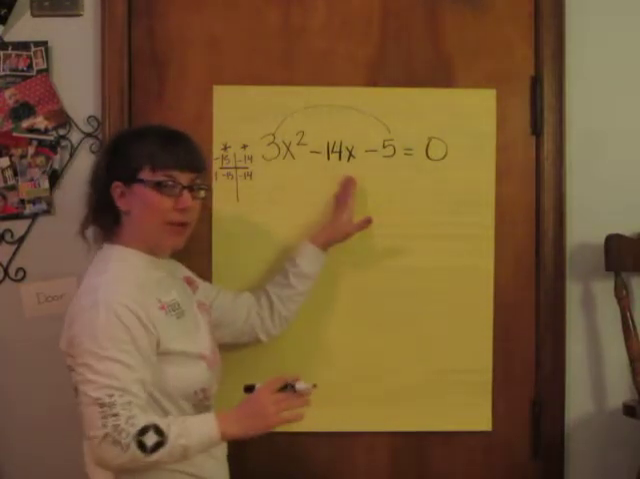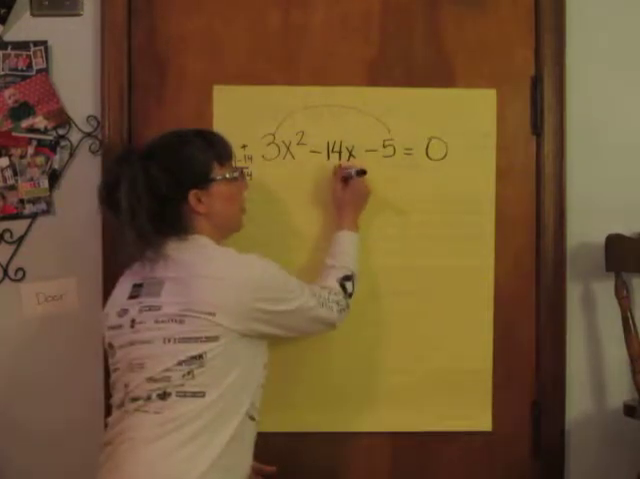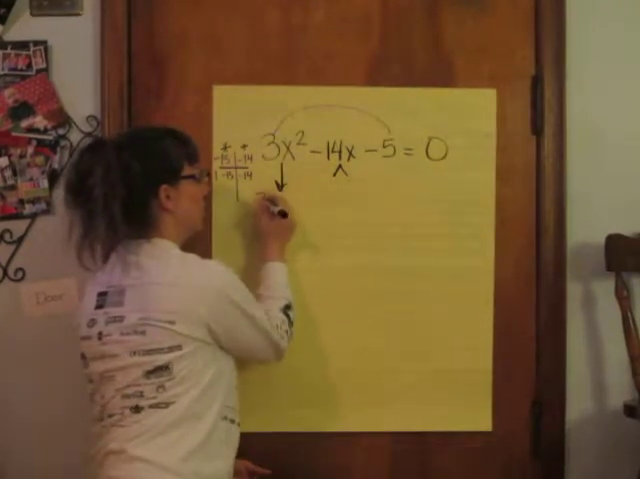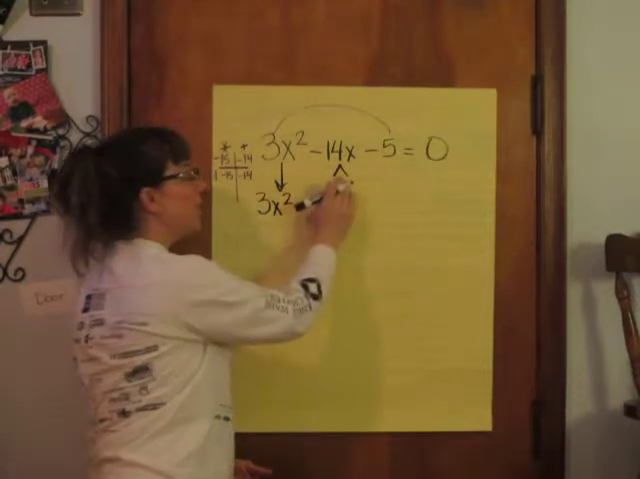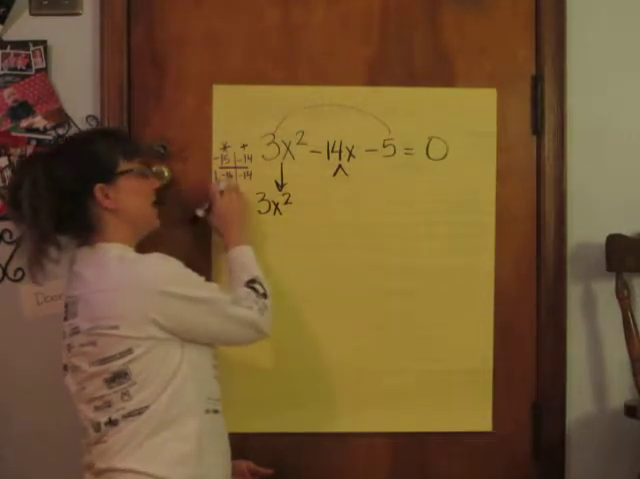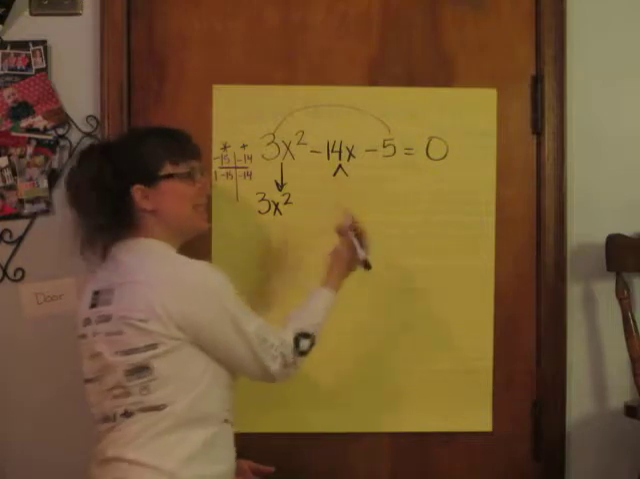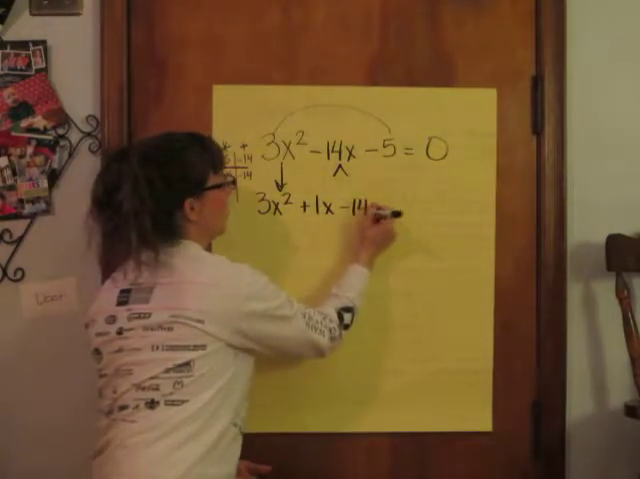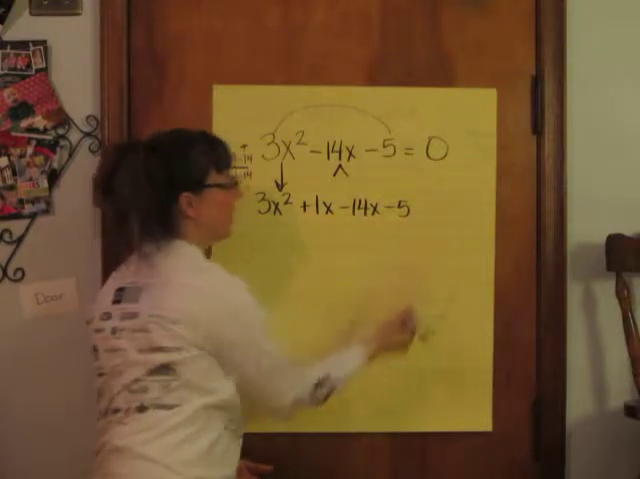And I showed you splitting the middle term and I showed you the box. So splitting the middle term goes like this. We rewrite the 3x squared. We rewrite negative 14x as these two factors, okay? So it's the same thing because if I put plus 1x minus 14x minus 5,